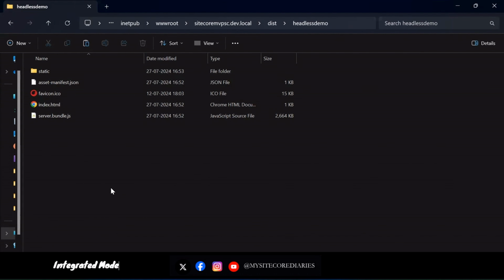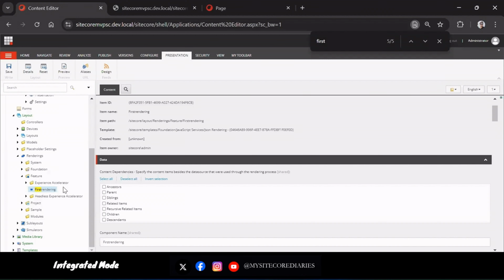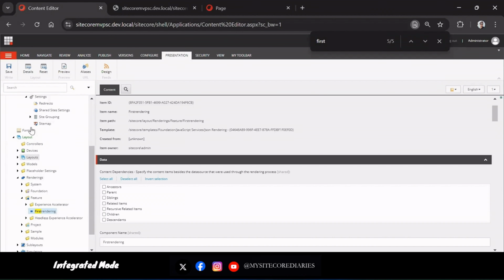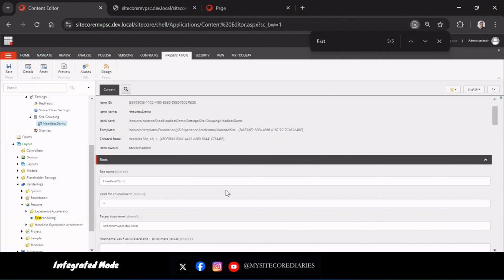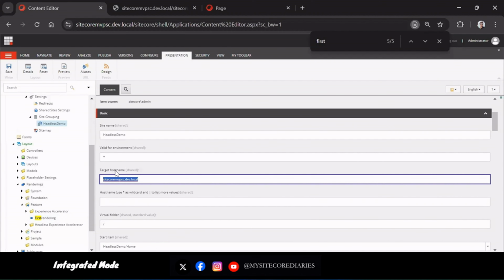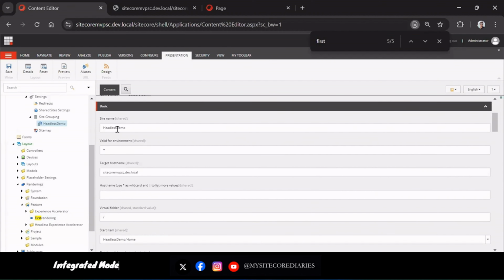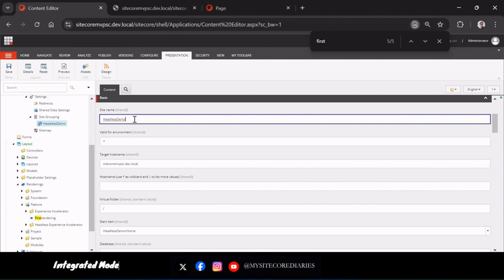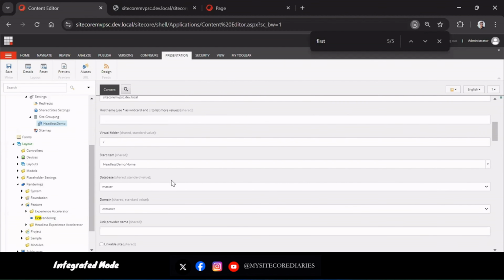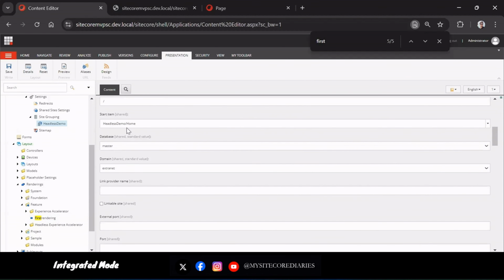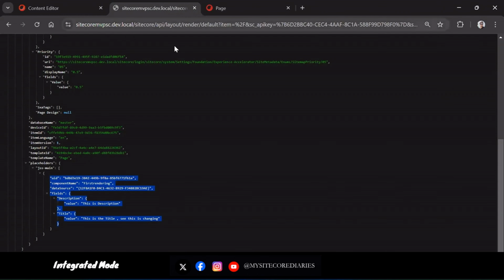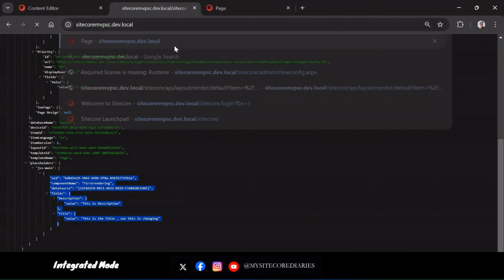Now Sitecore rendering pipeline knows how to render this React app. So what we can do, we can go to this site grouping, headless demo. So we have this site name headless demo. So we have provided the startup item and everything. So if we go to here,